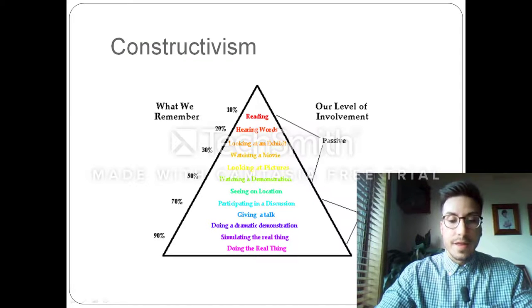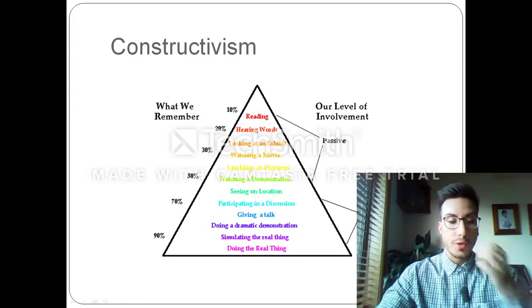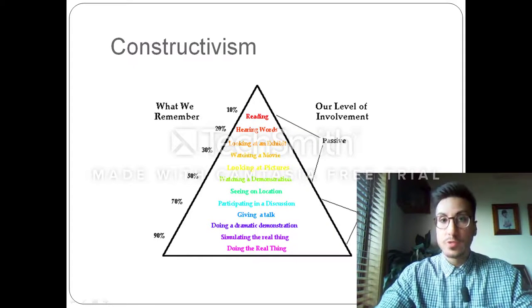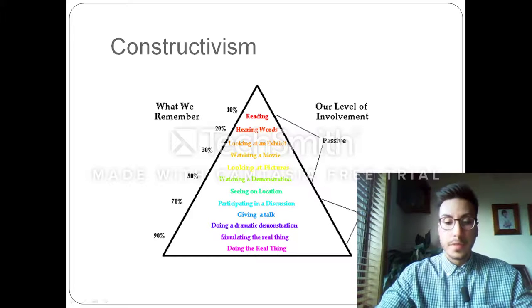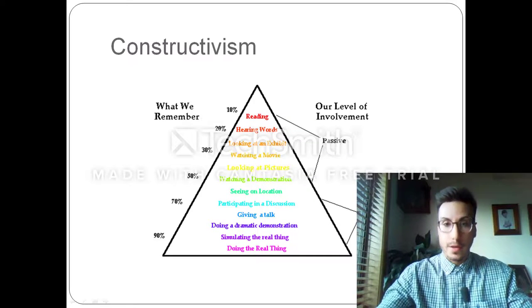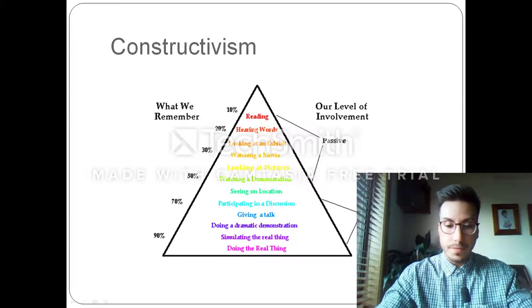Whereas the more active the task is, and the more the child is involved, the greater the level of learning that will take place. This is what constructive theorists believe in, and is what I believe in strongly as well. As teachers, we need to push the idea of constructive teaching and facilitate their learning.